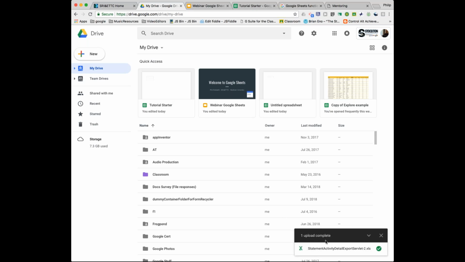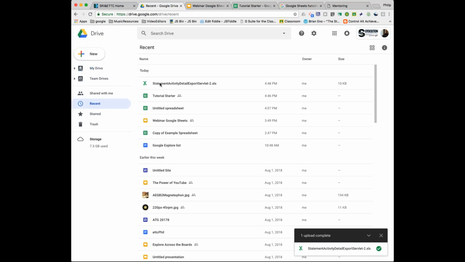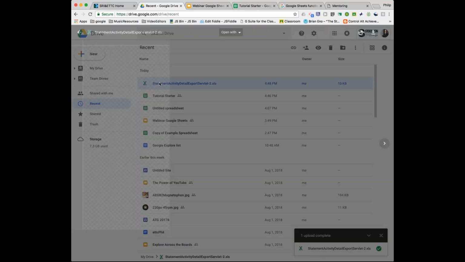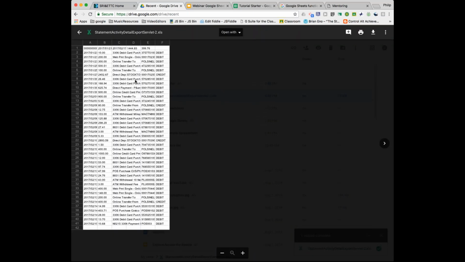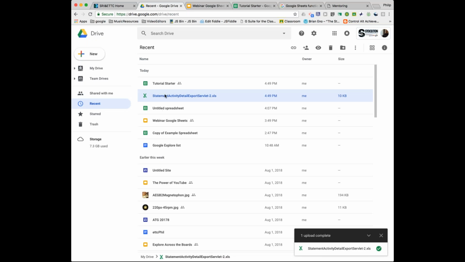And so it's uploading it. And if I click on it, see it uploaded it, it shows it down here on the right-hand corner. But let me show it to you in Google Drive. So I'm going to go to Recent, and there it is. And you'll see the icon is different. This is my Google Sheets icon, the green square, but this has an Excel icon. That means that it is not native or usable in Google Sheets yet. I can look at it. I could click on it and open it and look at it, but I can't